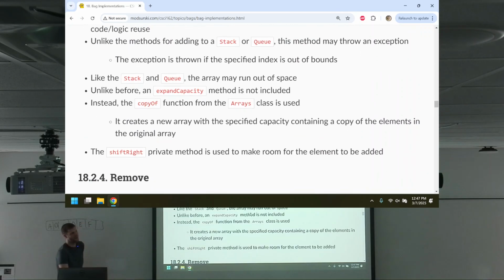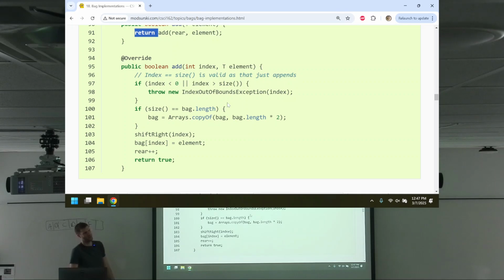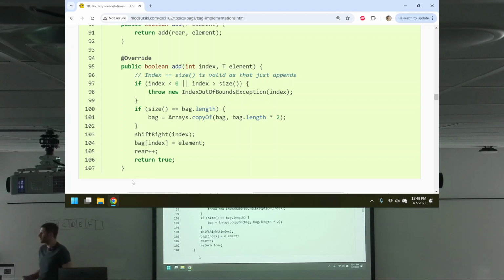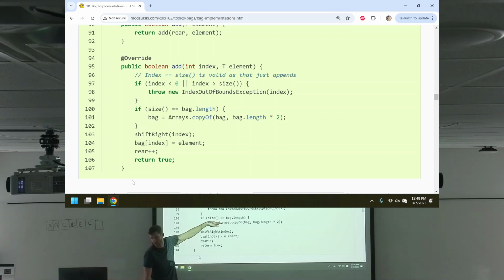I don't know about you, but I find this add right here to be a really good example of, like, chances are, if you've made it this far in this class, when I've talked about this add to an index list, and I say you specify an index, you know what needs to get done. You're like, oh, I'm going to have to make room. Oh, I have to copy things over. You know that, right? But I find this is one of the first examples of, okay, we've got a method that can deal with this overflow. We built a method to do this.